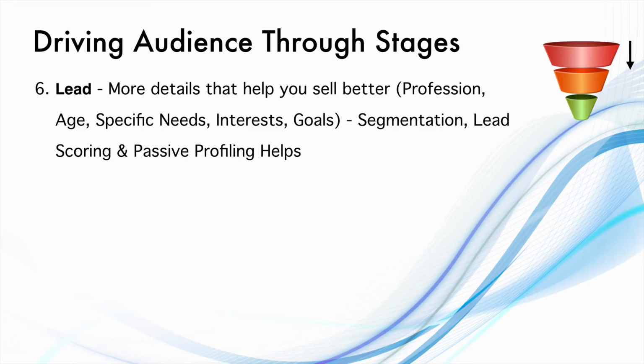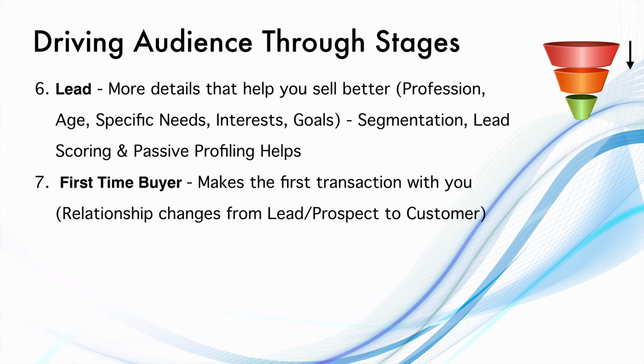whenever I get subscribers, I have 3 segments of subscribers. One is student, one is a professional, and one is a businessman who is looking to grow his business using digital marketing. So when I am launching a product, if I know who my audience is, then if I am launching a business related product, then I can send it only to the business people. If I am launching a certification course which will help you get better jobs, then I will send it only to the students. And if it is professionals, then they would need additional skills to perform better in their job, then I would send certain products to them. So that way having lead information helps you sell better.